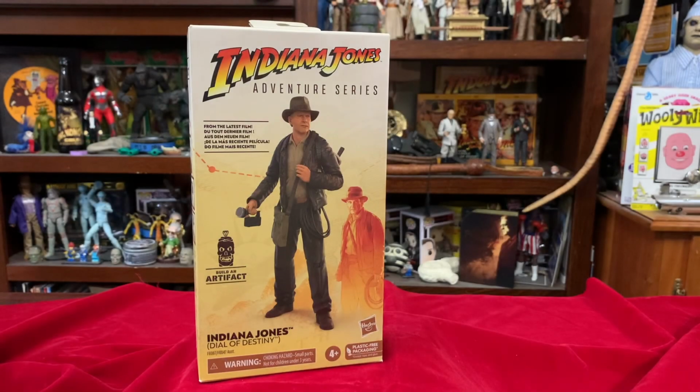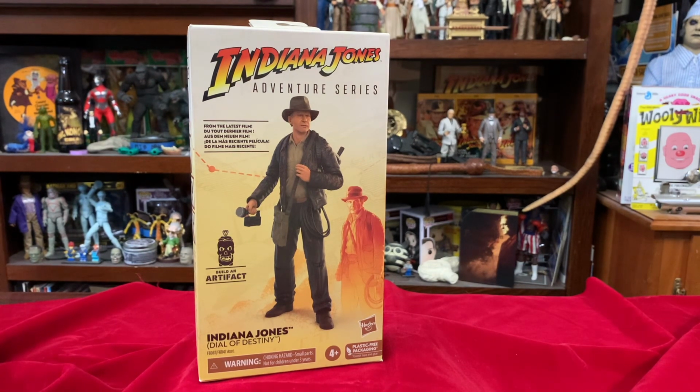So today, for the very first inaugural review and unboxing, we're doing the Indiana Jones Adventure Series. I know some people have already gotten this figure, others not so much. Some like the Dial of Destiny, some don't. So we are going to get right into a little review on the figure and of course the box art,